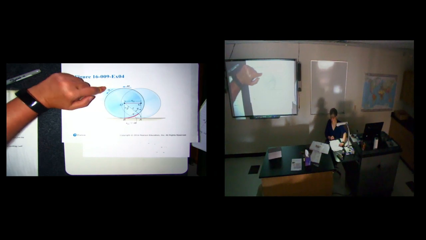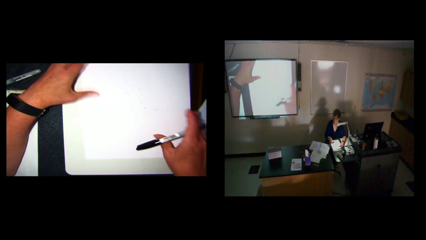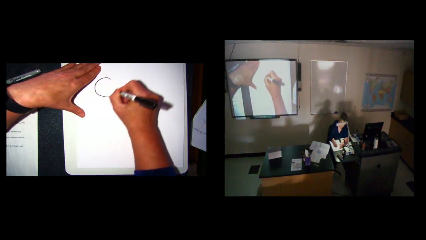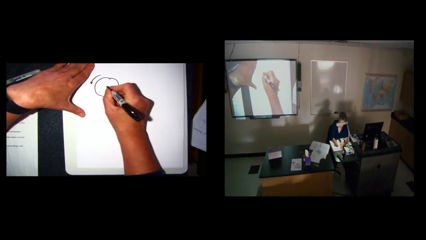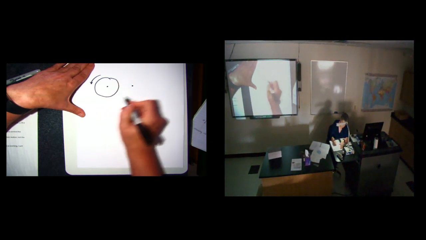I'm just rolling it without slipping, and if I look at the center, it moves. This is our first position. This is our second position. And looking at it from point A,